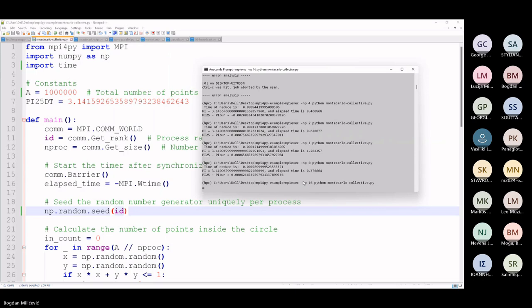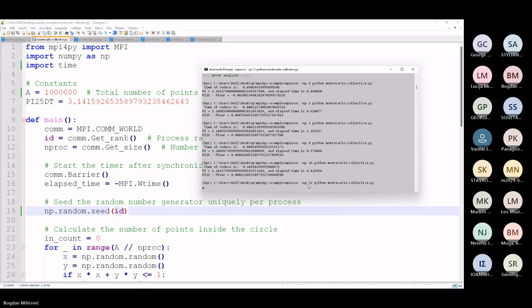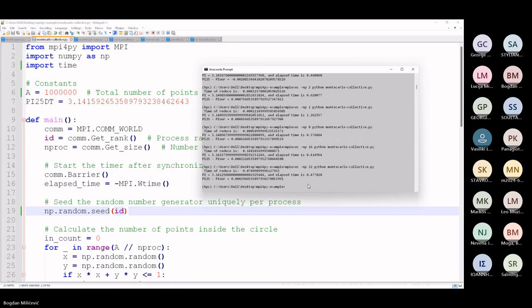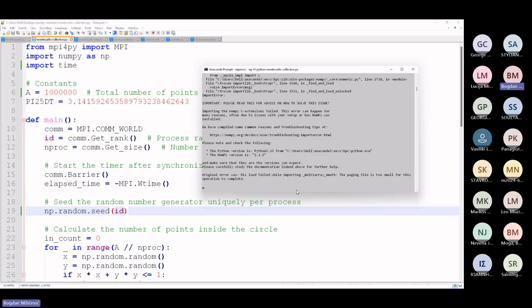Let's try 16. And now it is starting to decrease. You see, we reached a good performance here, 0.37. The communication time was very fast. It seemed to be good for our problem, but for 16, our communication time increased, and also our execution time increased. Let's try with 32 to see what happens. So yeah, it is starting to increase. 32 processes, and it's larger than with 8. Let's try with 64. Oh, I ran too many processes for